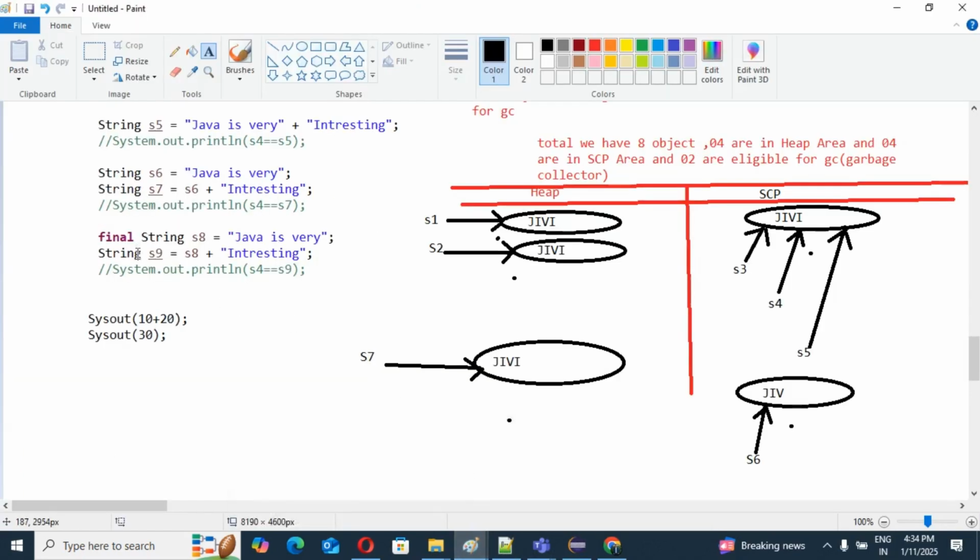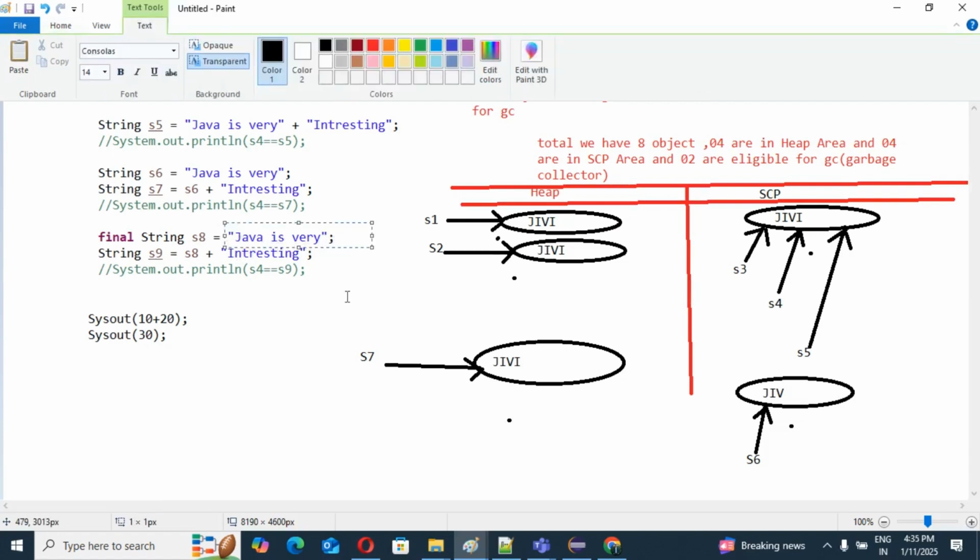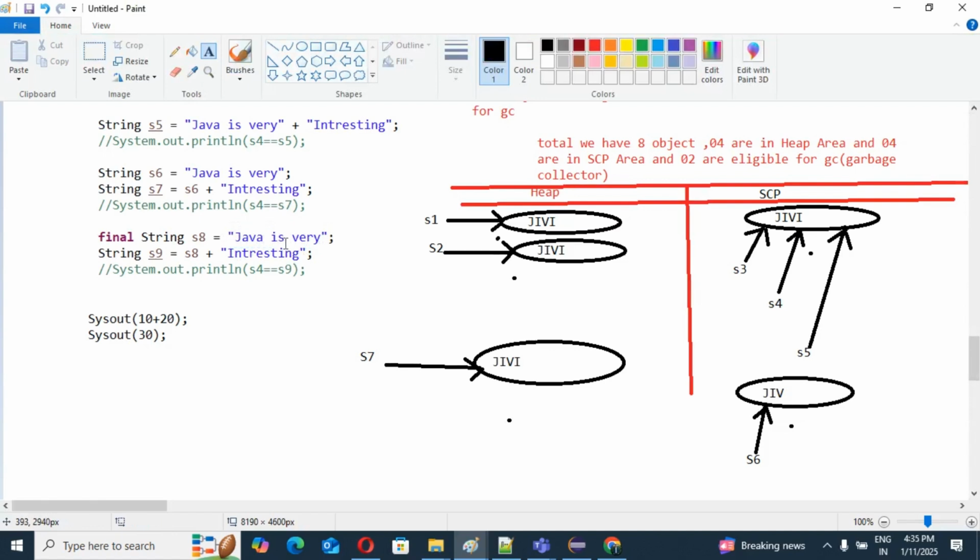See, final String S8 equal to "Java is very". First, this is a literal, so we check whether this literal is already in our SCP area or not. This is already there. And S8 is going to point to this already existing string object. But this is final: whatever you point to in the SCP object is final here, and final means constant only.